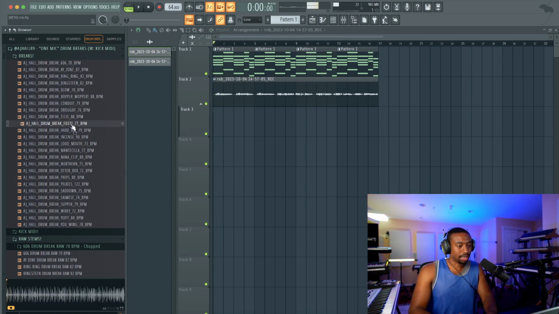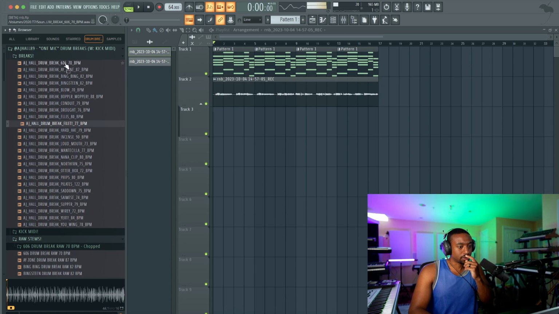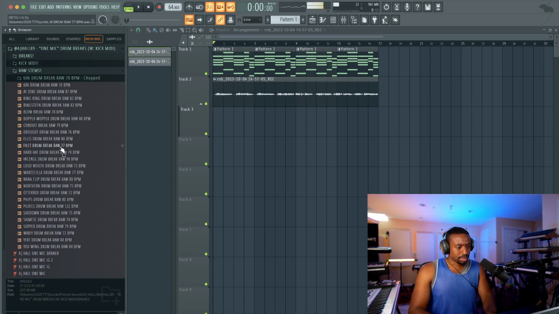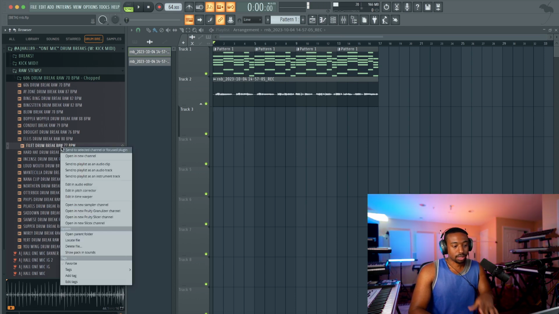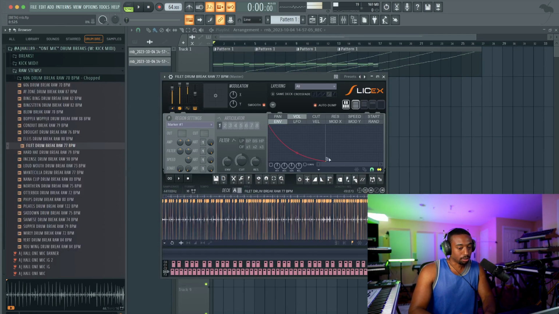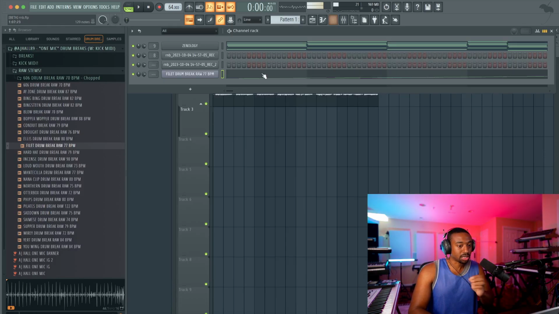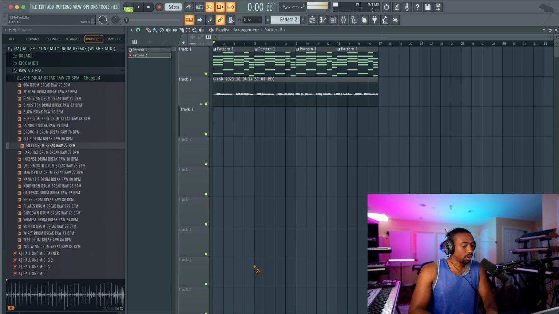Okay, I like these drums because it has that on the snare. It's just a little short snare. What was that called? Fillet. Let's take the raw drums because we're going to have to process them. So let's right click. This is going to get geeky, but open in Slice X. Go to the regions tab, auto slice, medium auto slicing. So now we have each drum chopped up on a note that we could just type in. Hit Control L, send it to your mixer.